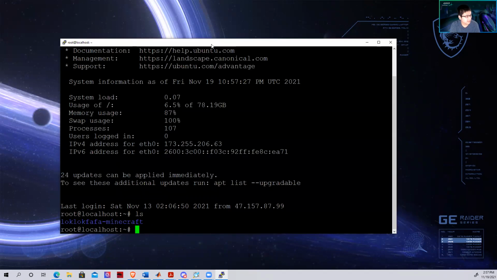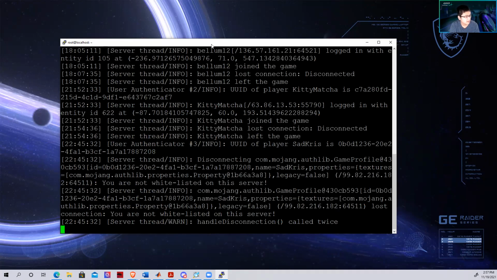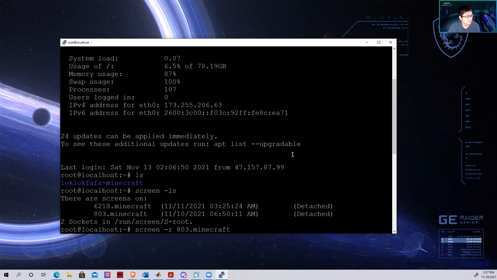Okay, so ls, I have this folder here. Now, we're not going to get into the more complex things about servers, but I'm going to use a command here called screen. And screen is going to tell me which connections I have. So I believe it's 803. So if we go screen -r 803 Minecraft, it says that, oh, this is, oh,